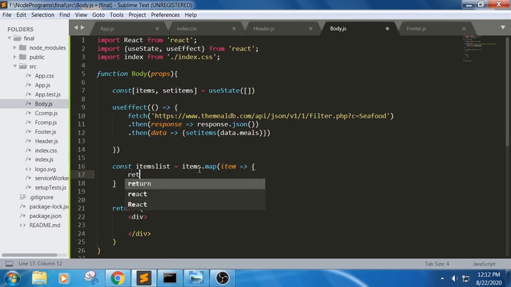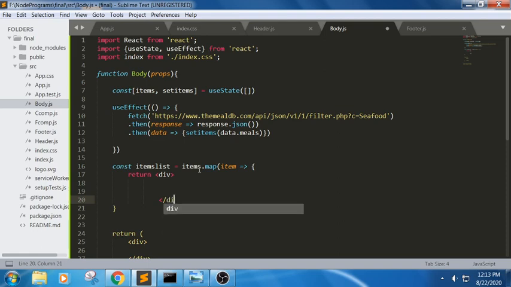In this I am trying to write return div. In this div we will try to write first one image src.